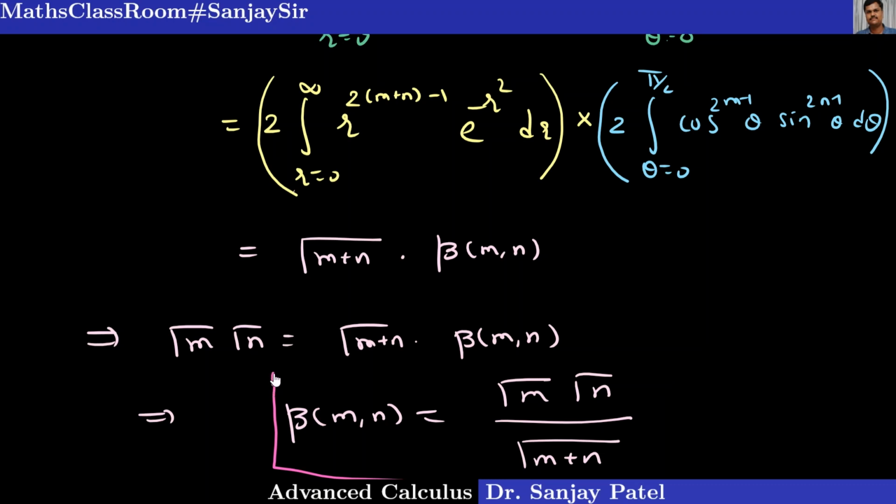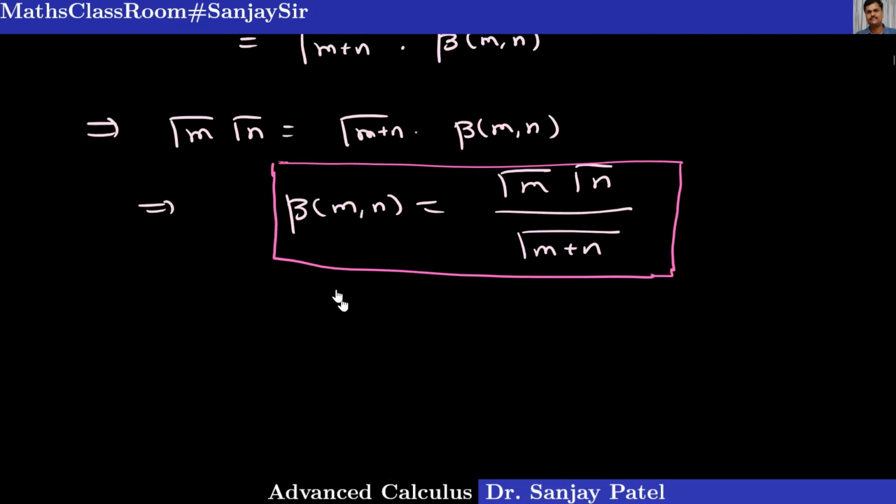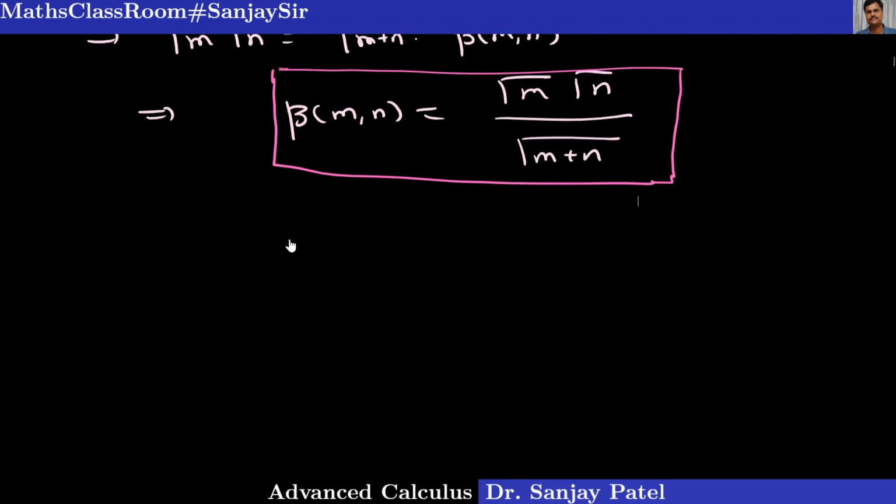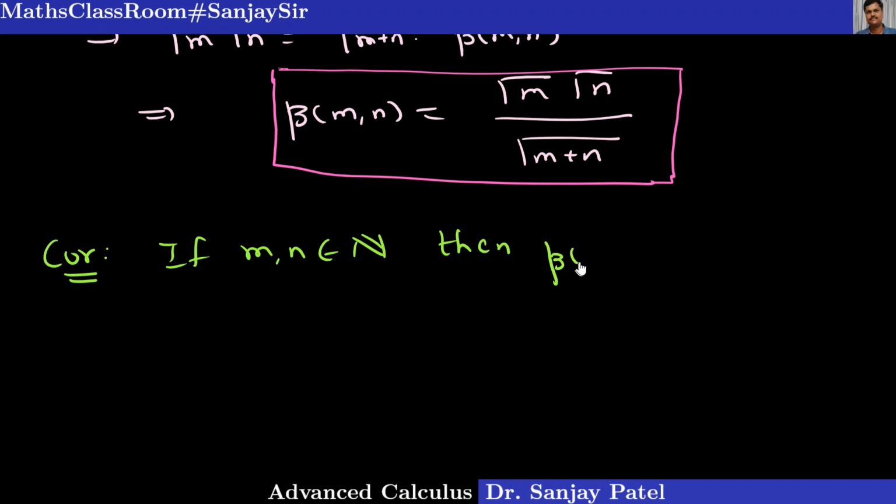Okay, it's the relation between beta and gamma function. Here in this relation, m and n are any positive real numbers. As a corollary to this result, I can write down that if m and n are natural numbers,